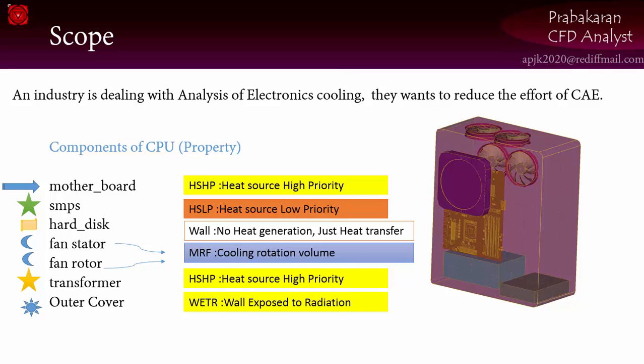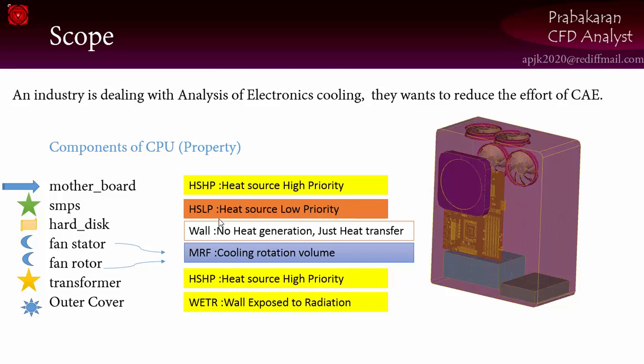Whenever you talk about a motherboard, because of its processing it produces heat. So within a CPU it is producing high heat, so it is a heat source, and we need to give a high priority to the regions nearby this motherboard. Likewise, if you see SMPS, it is a heat source with a low priority order,